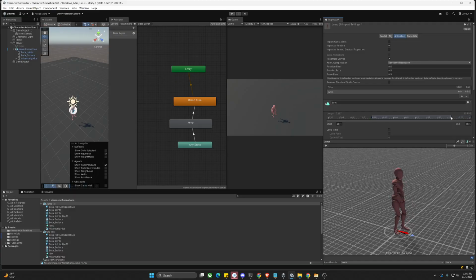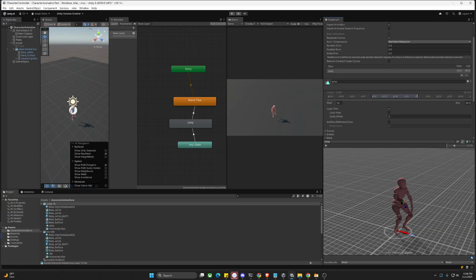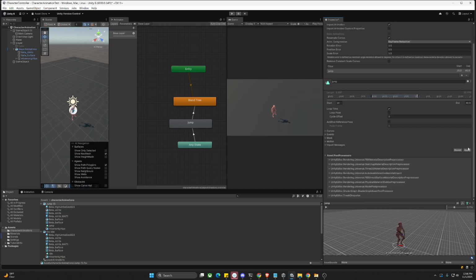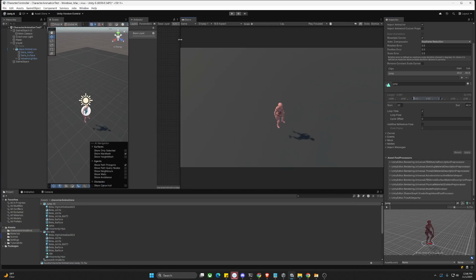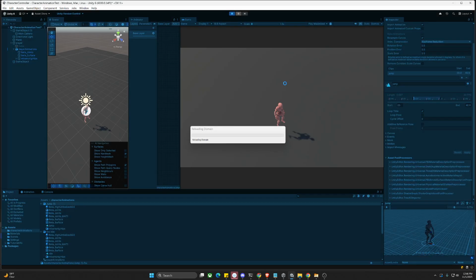And then let's look at the end. And there. That's maybe where I want to end. All right, so just sort of trimming this, depending on how much you animated there, you may have to trim more or less. And that's good. And so make sure that I apply those changes. Okay, and so now if I look back over here, let's look at this in full screen so we can see a little bit more of what's going on. Play maximized, there we go. And if we were to look at the jump now,